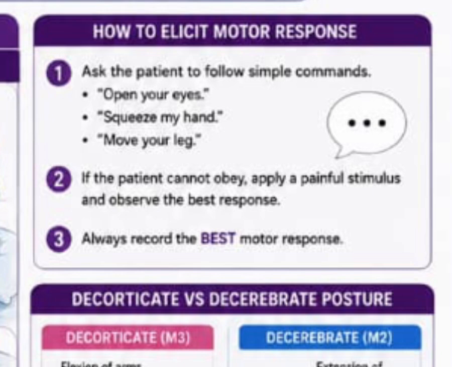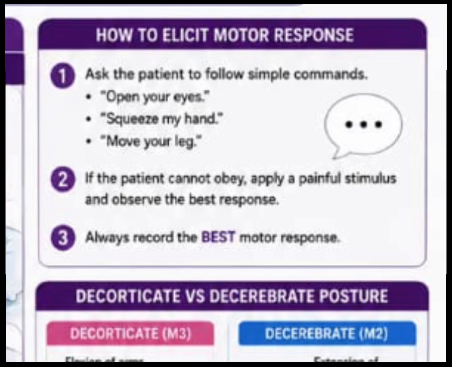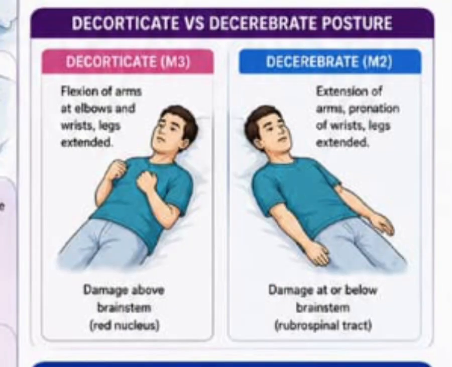I get it now. But if the patient cannot obey command, always apply pressure. If you apply pressure or pain stimulus, it can also give you the response you want. Are you getting me now? So always know what is the decorticate posturing. The decorticate posturing is the flexion of the upper limb, which shows you that there is overstimulation of the rubrospinal tract, which means the lesion is